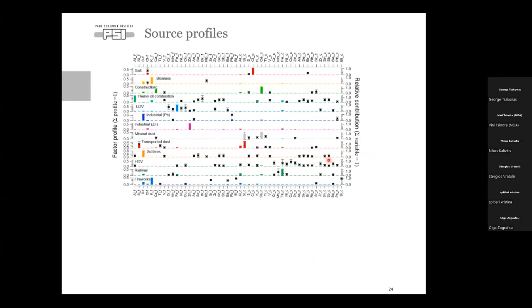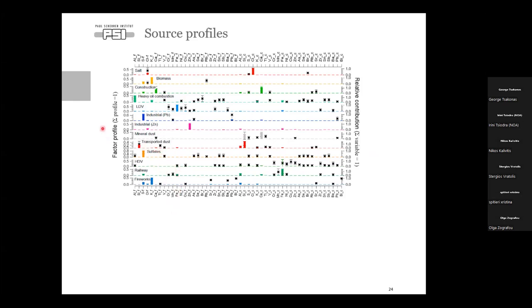Because of the size aggregated information, we were able to identify more sources than what we could otherwise. We ended up having 13 sources, and we could identify, for example, different traffic processes like light-duty vehicles and heavy-duty vehicles, mostly based on the size aggregation, also local dust transport and so on.